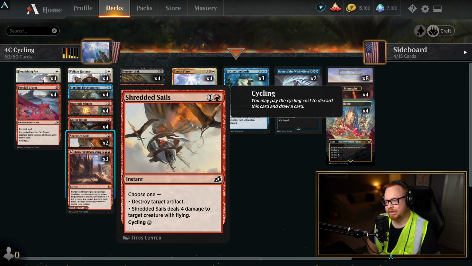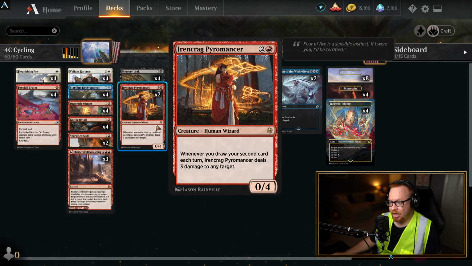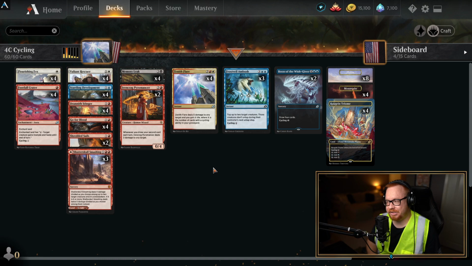Some cycling lists run Shredded Sails, some don't. But we can't deal with flyers at all in this deck, nor can we deal with artifacts. So Shredded Sails still fits the style and the archetype of the deck, being that it has cycling on it. So I opted to use 2 copies of Shredded Sails in lieu of 4 of the Drannith Healers. I'm pretty sure that's the name of the card, Drannith Healer. So instead of Drannith Healer, 2 Shredded Sails and then 2 Ironcrag Pyromancers. Outside of that, this deck is pretty much